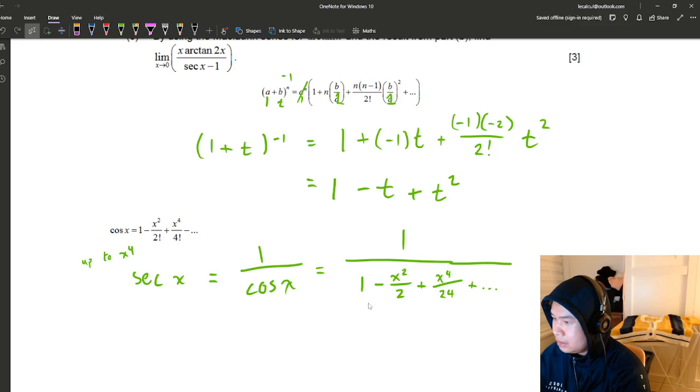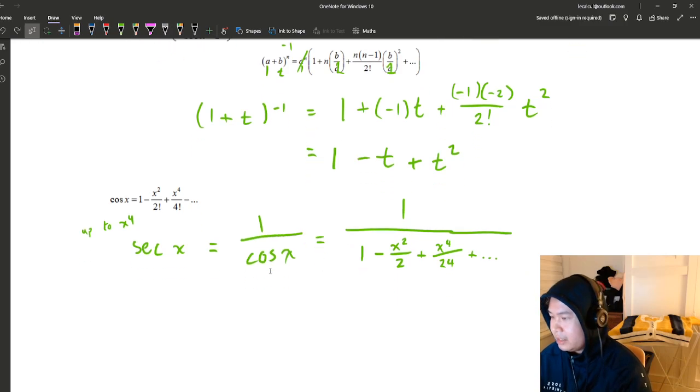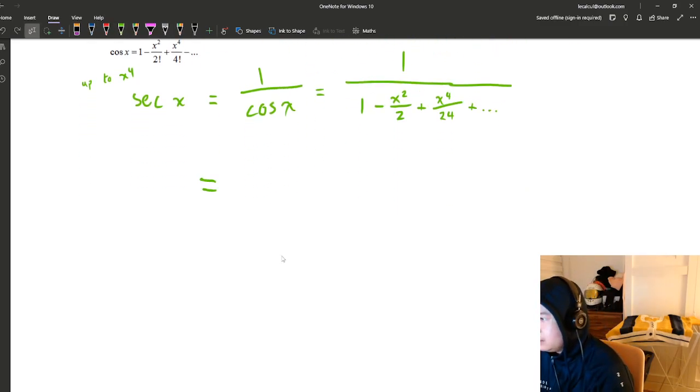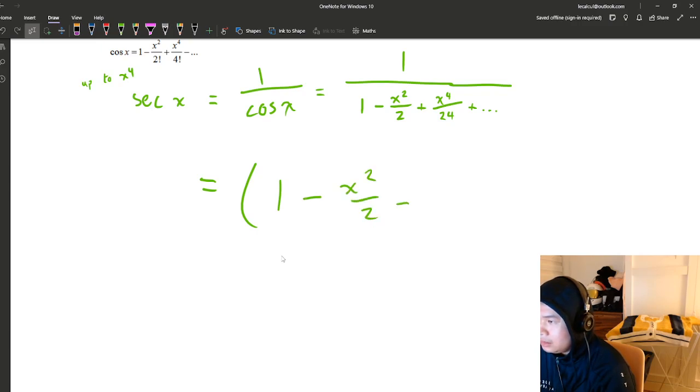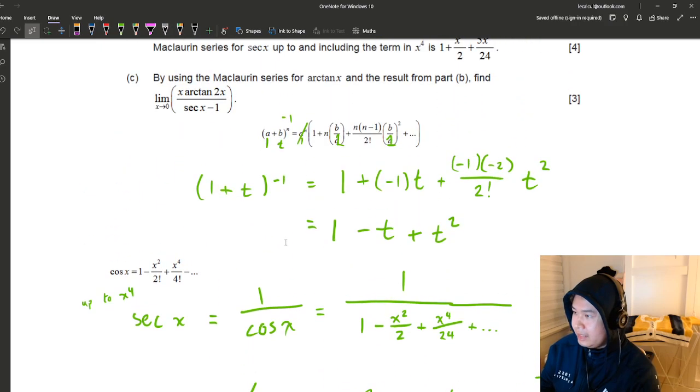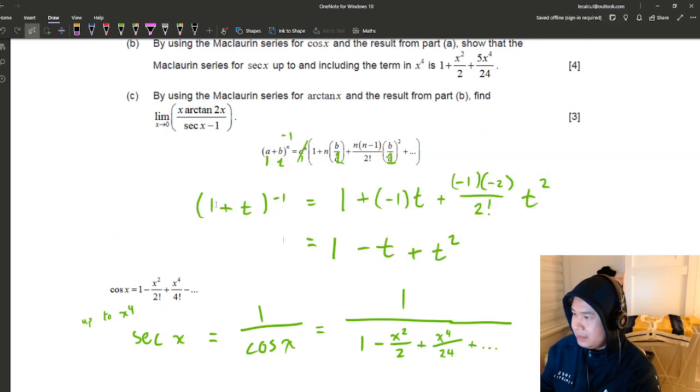So this is equal to 1 minus x squared over 2 plus x to the power of 4 over 24, dot, dot, dot, to the -1. Now notice that this only has 2 terms, and that's because when you expand this out,